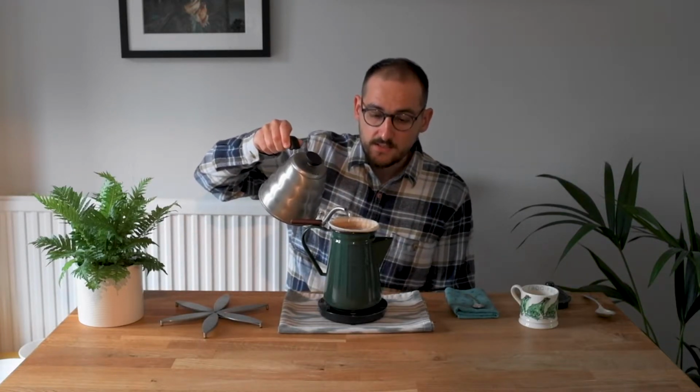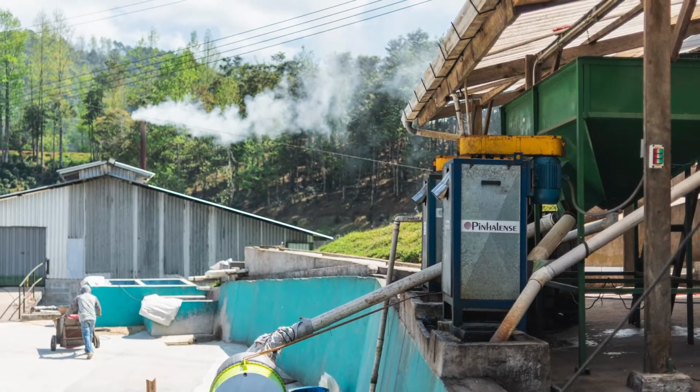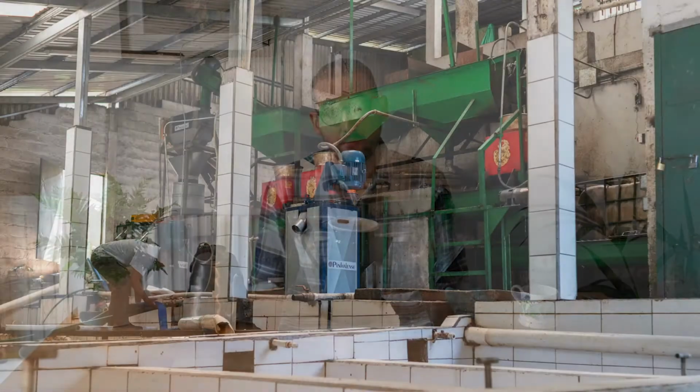So once the coffee cherries on Pantanal are harvested, they take them to their processing facility. And it's quite an amazing setup they have. As well as the wet mill, they also have the dry mill. So they take charge of the coffee processing, but also then the grading and milling and bagging up of the